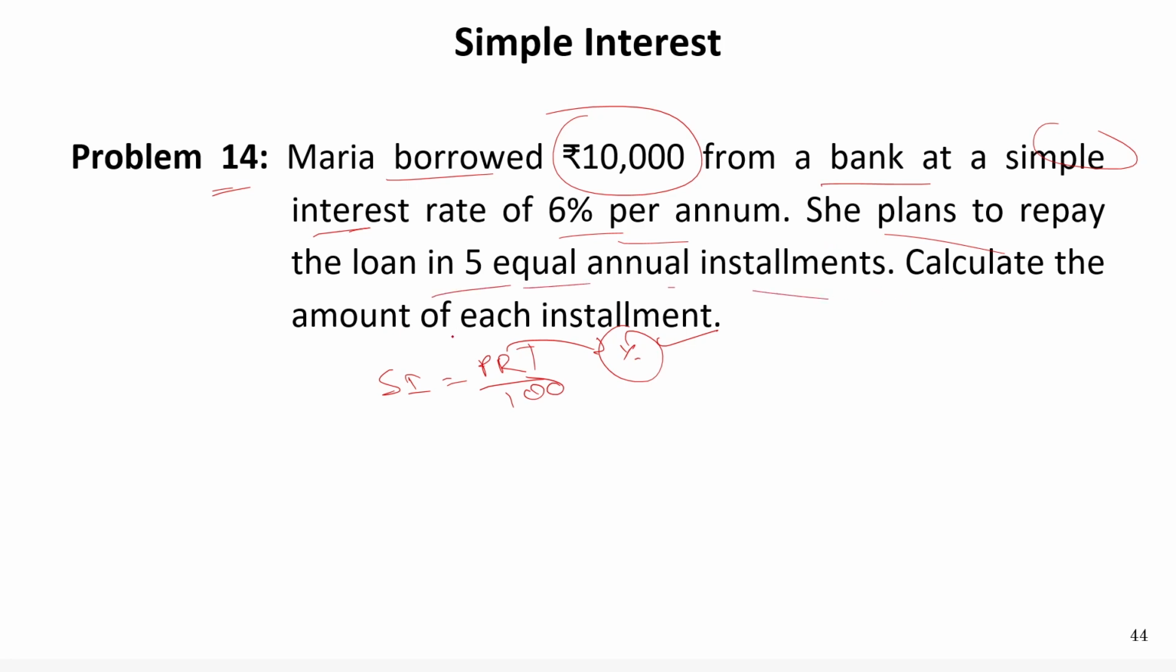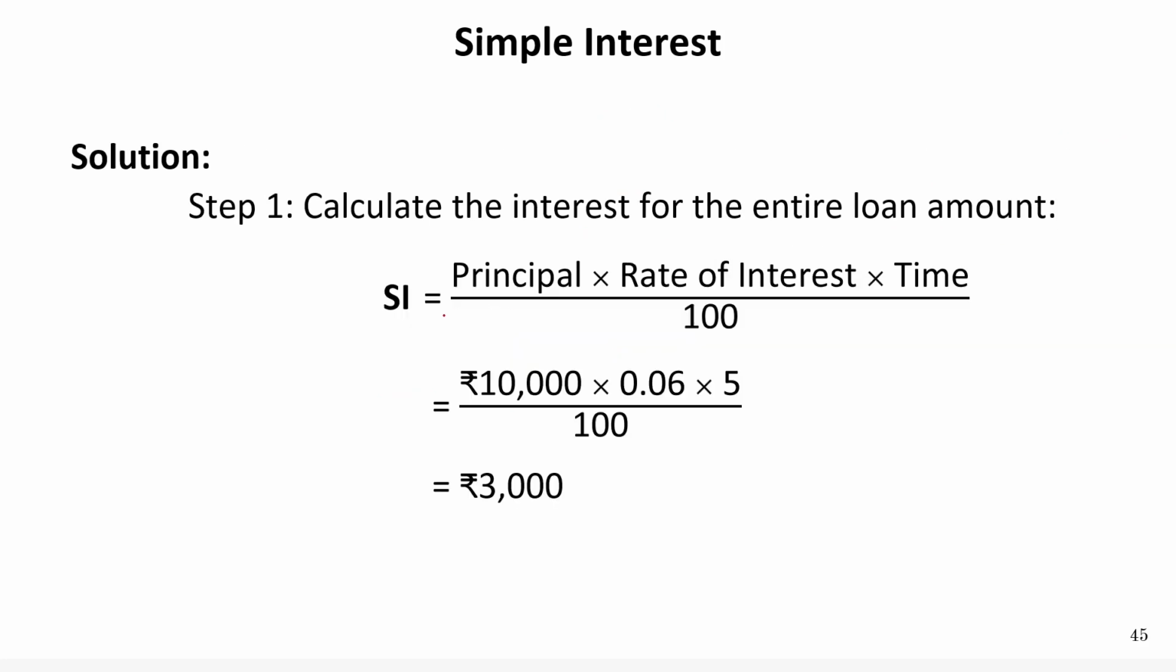So to calculate the amount of each installment, what we need to do is calculate the total interest. So the interest for the entire loan amount will be principal into rate of interest into time by 100, because the rate of interest is given in percentage here. So this will be nothing but 6. So this is equal to, so by cutting the zeros out from here, what we are left with is